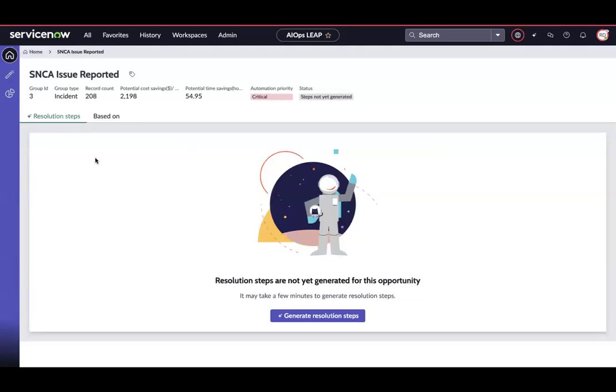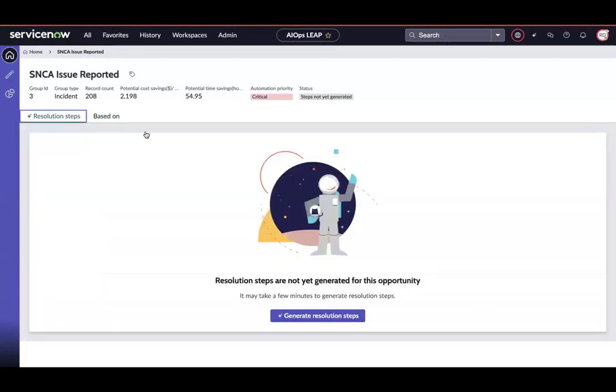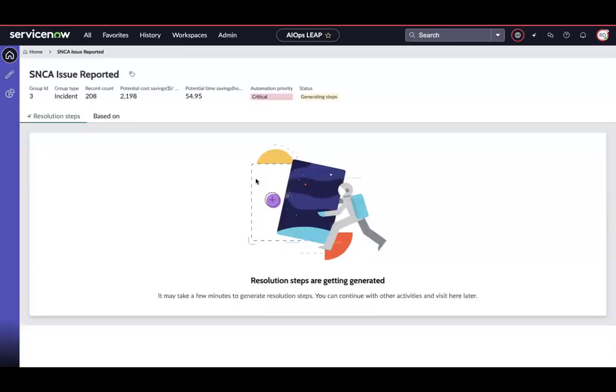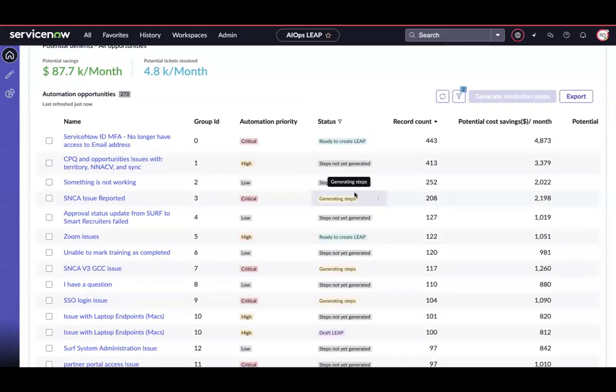Starting from the base scenario, I would say, whenever you have a new automation opportunity, first of all, you'll have more details about what incidents are being considered within that automation opportunity. And then you'll be able to click generate resolution steps, which is going to take a minute, but essentially just